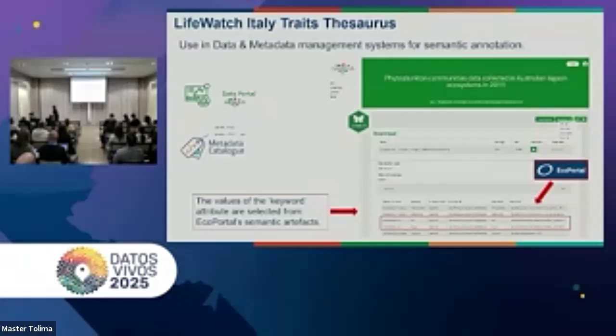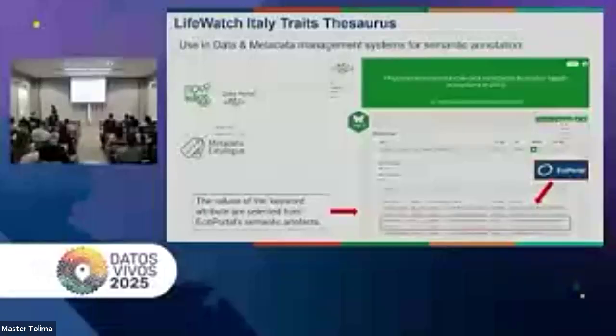In particular, for datasets, we use Ecological Metadata Language. In Ecological Metadata Language, it is possible to semantically annotate different attributes. One of these is keyword. In our system, we can select directly the value of the keyword attribute by semantic artifacts that are published in